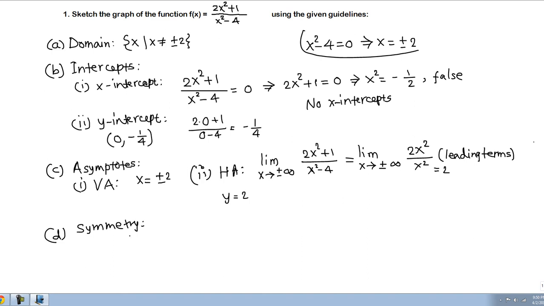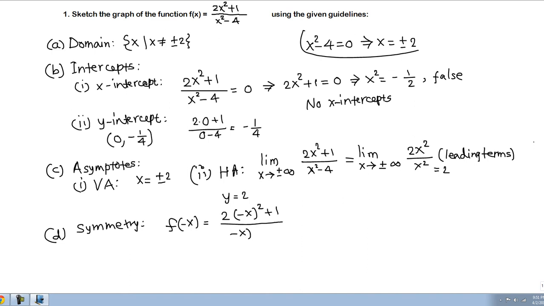To check if the graph has y-axis symmetry or origin symmetry, we replace x by negative x. So we evaluate the function at negative x. We get 2 times (negative x) squared plus 1 over